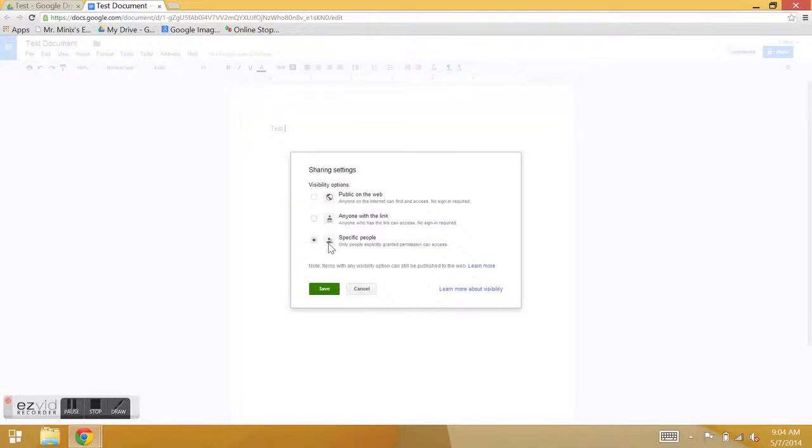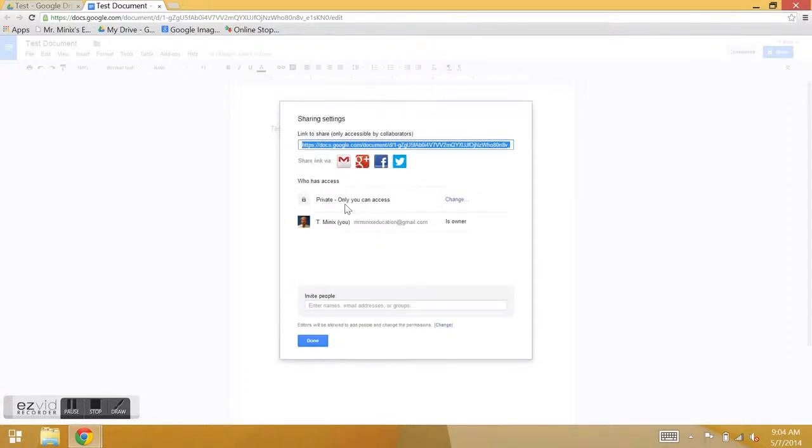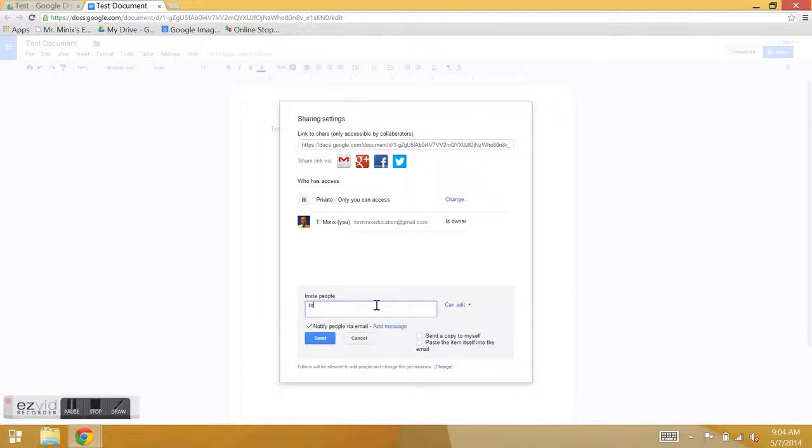Specific people means that if I add you using my email address, or using your email address, you should be able to access this file, change it, do whatever you need to do to it. So I'm going to click save. I just want to keep it on specific people. And right now the only person that can access it is me, but if I invite someone else, I'm going to use my personal email,